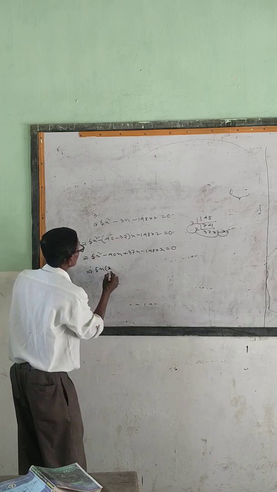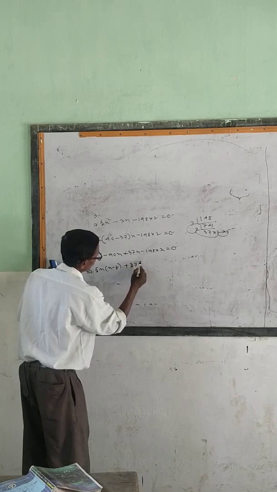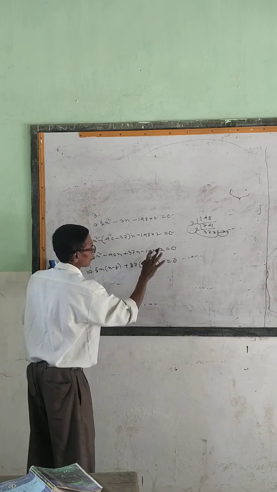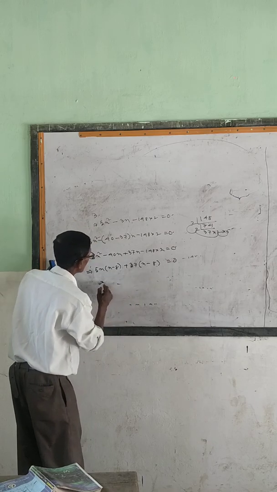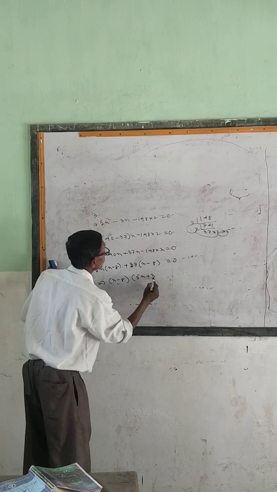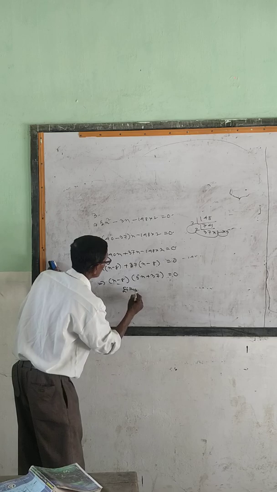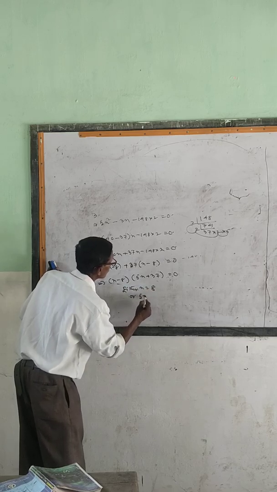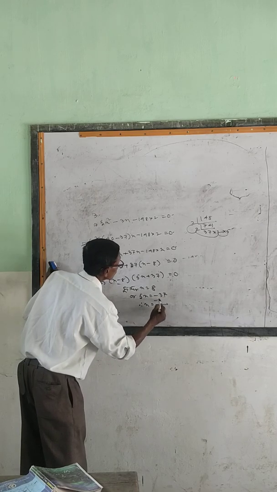5n taken out common, n minus 8. Don't be headache. You take out common 37, here we will get n minus 8. I repeat again, don't be headache, don't be dividing. You take out common from here, so necessarily you will get n minus 8. So the smaller one, n minus 8, have to write first. 5n plus 37 equal to 0. Either by transferring n equal to 8, or 5n minus 37, therefore n equal to minus 37